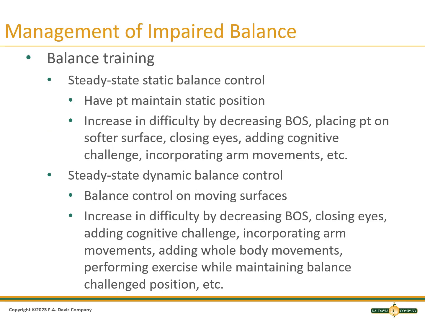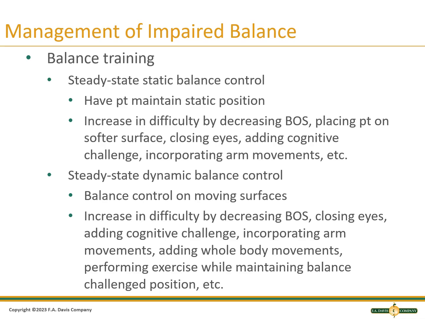Because balance exists in different states, we have to train it in different states. So table 8.2 describes those balance assessments and interventions. We talked about the assessments, now we're going to go through the interventions, but if you'd like to make the connections, that's the table you can look at. We'll go through the different states here. So for steady state